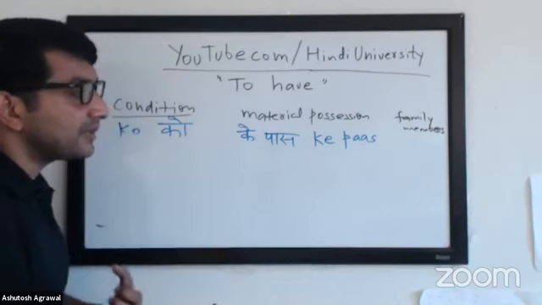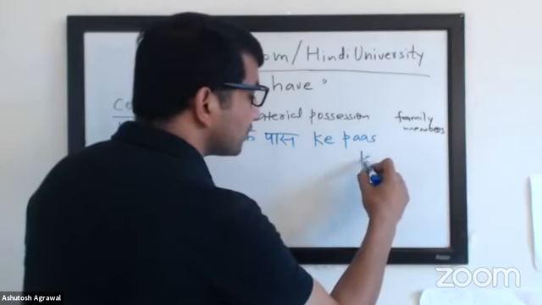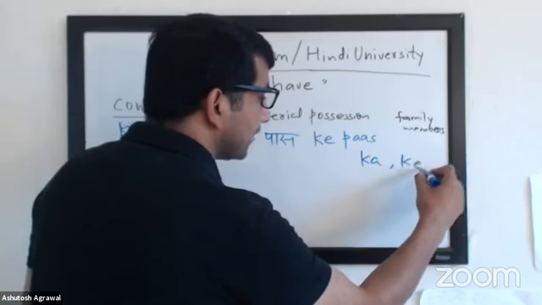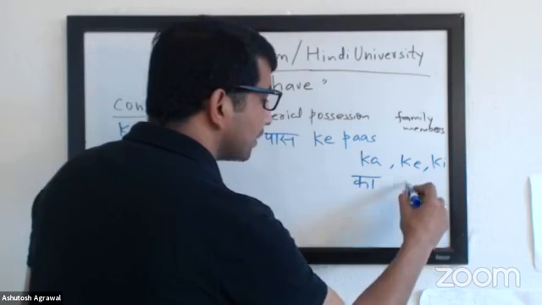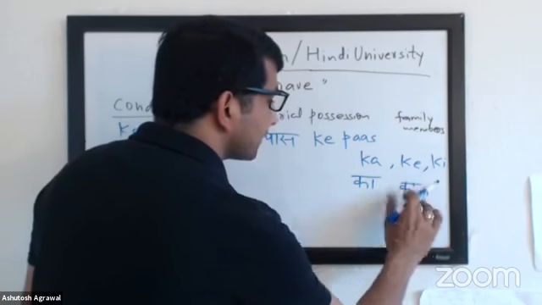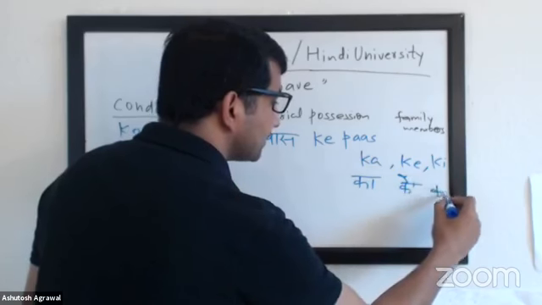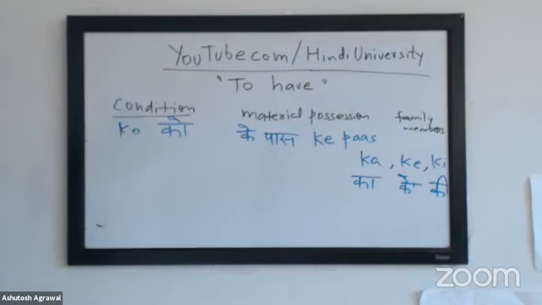Even though you will still see people using it, but the right way to do it is use postposition ka, ke, and ki. So you have ka, you have ki, sorry, you have basically ke and ki. Okay. So the right way to do that is you will say